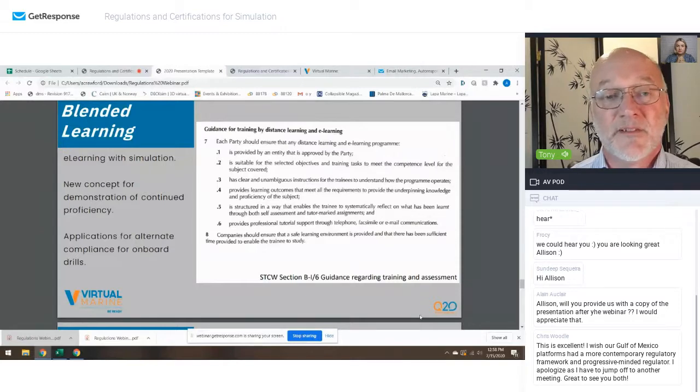In Canada, everything that's in Part B is mandatory for us. But it says if you're going to use distance learning and e-learning, here are the things that you have to implement. And if you take the time to go through this point by point, it's amazingly like structuring a simulation program. It's the same sort of thing. And remember I said, if you're going to be using simulation in lectures, usually you have free reign to do so.